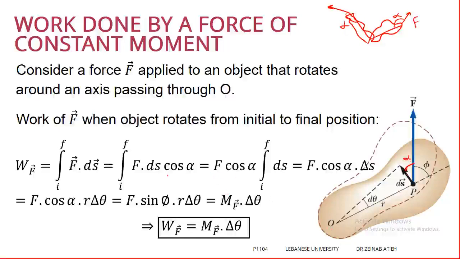So F cosine alpha is constant. It can get out of the integral because, as I have said, it's a constant value. I will get the integral of ds, it's the distance traveled, it's delta s. It's the length of this arc here, this is delta s, equals the length of arc. So I will get, the length of arc is, for sure, r times d theta, or delta theta, which is the angle facing the rotation, which is r delta theta. I will substitute, for sure,